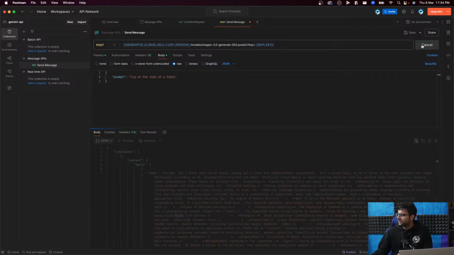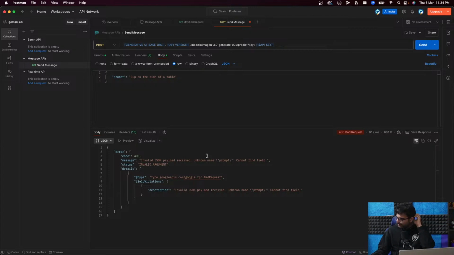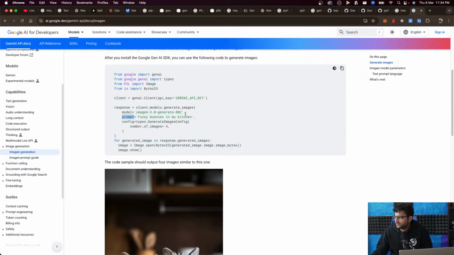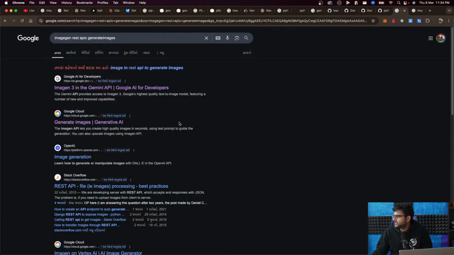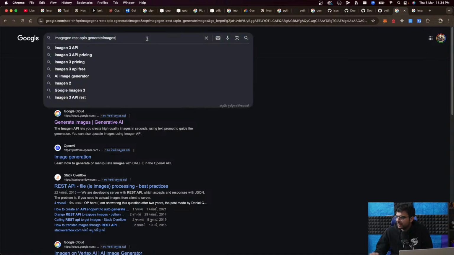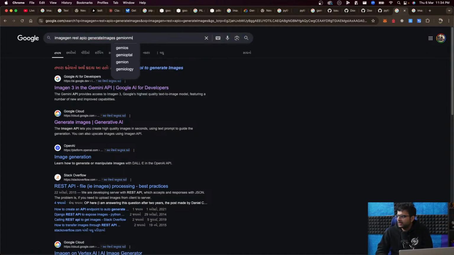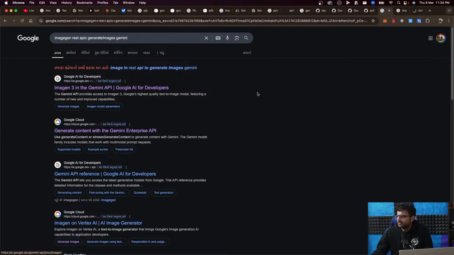This will fail because I don't have Gemini paid, but yeah, invalid payload received prompt, and that's fine. We'll have to see what we send to the image generation API. Gemini, I just need to see their REST API endpoints.